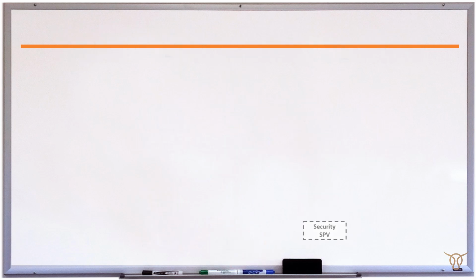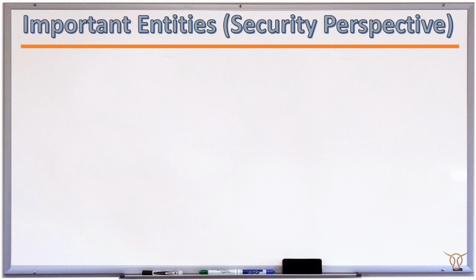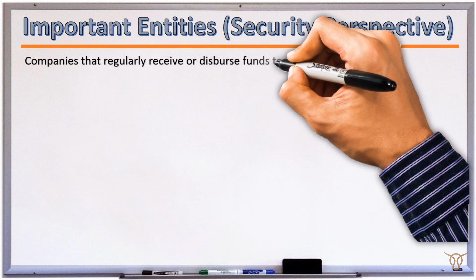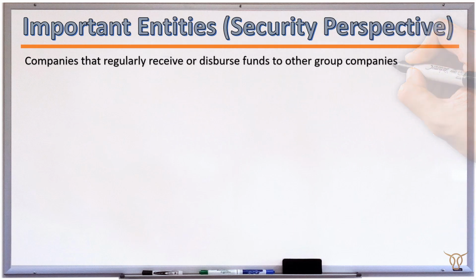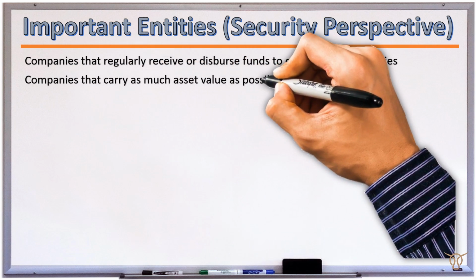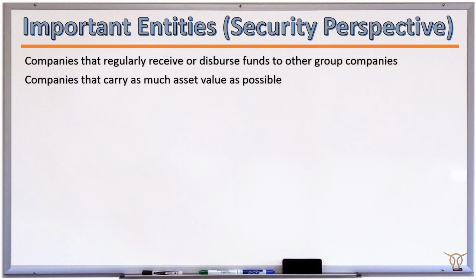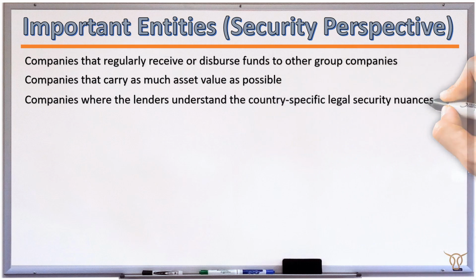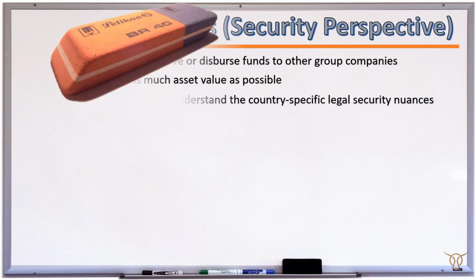What do we mean by the entities that are most important from a security perspective? These would be the companies that regularly receive or disburse funds to other group companies, companies that carry as much asset value as possible, and companies where the lenders understand the specific security nuances associated with their countries of incorporation. These companies in the structure diagram would be